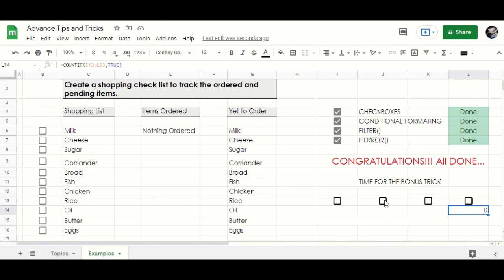Now when we click one checkbox, you see the cell value changes to true, whereas the cell value of the unchecked checkbox is false as shown here. The value shown in this cell is the number of times the value true is appearing in the set range, and it is 1 at the moment. Now as we keep clicking the checkboxes, the value keeps changing. As we check and uncheck randomly, the value keeps updating below. When all the checkboxes are checked, the value is 4, and that is going to be the value that will trigger the conditional formatting to reveal the text below.